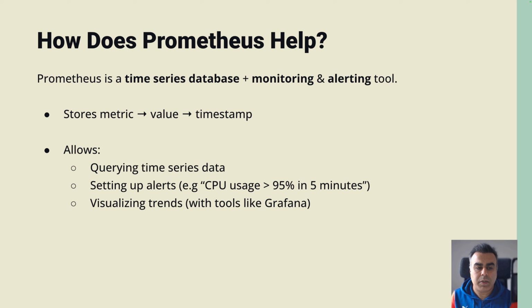And also Prometheus helps us to visualize the data. We are talking about data that is stored in a time series. Prometheus, we have to know, has limited functionality for visualization of the data, and that's why we connect Grafana, and Grafana can use the data from Prometheus to visualize the data in more advanced